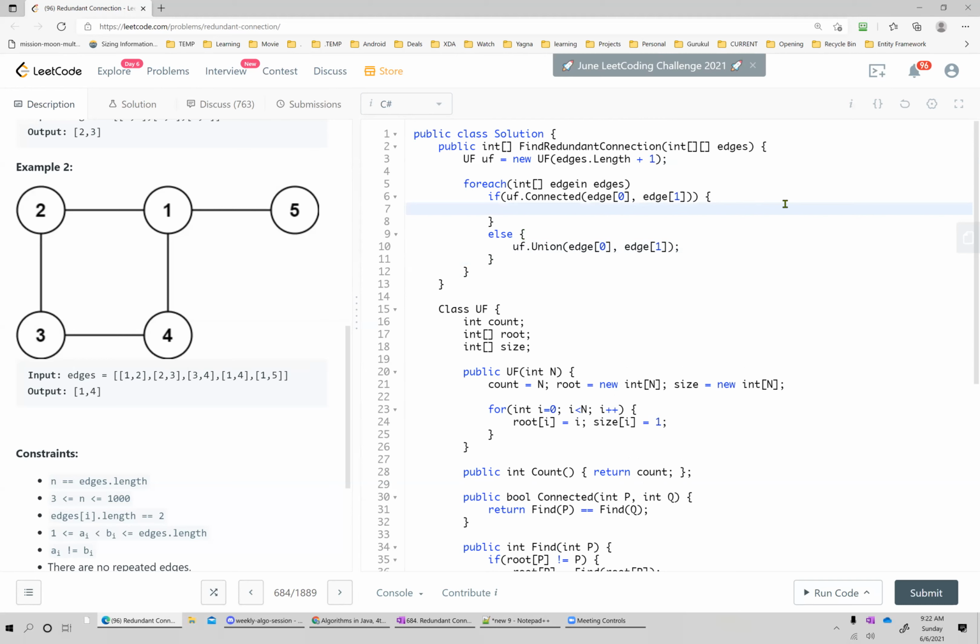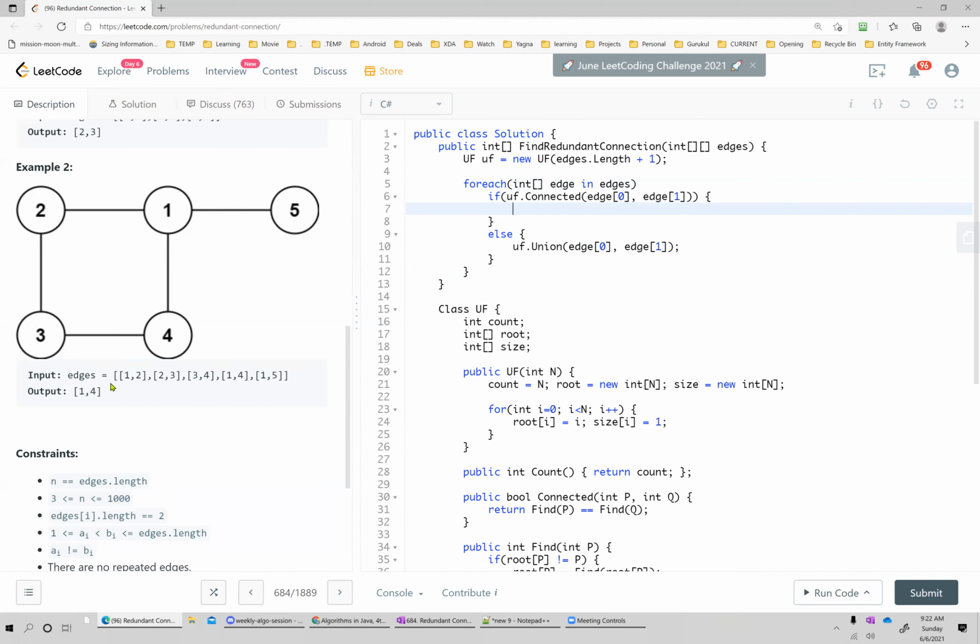Okay. Now, if we think, find something is in line number 5, you need to put a space, right? Edge and space in. Yeah, or is it? I don't know the syntax. Okay. Yeah. Good eyes. Thank you. All right. So, what do we do if we find something is connected? I think we should return that directly from here.